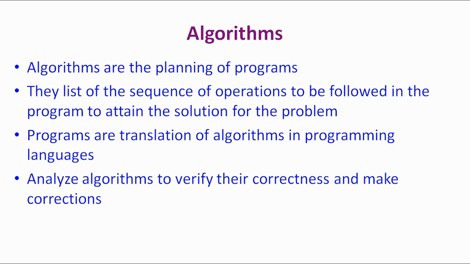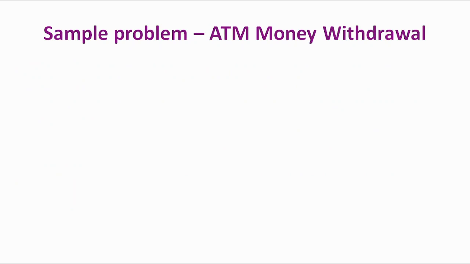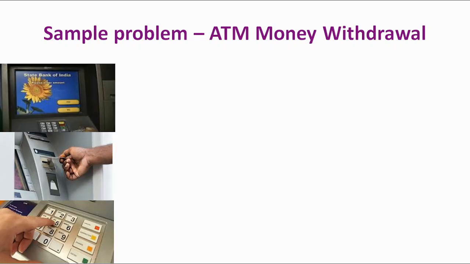Algorithms should be analyzed for efficiency, verified for correctness and tested for feasibility so that we will not face any problem during the program's development. To understand the process of algorithm writing, let us take a sample problem. In an ATM machine, in order to facilitate the withdrawal of money by users, the machine has to run some code. The steps to be followed in that code are: